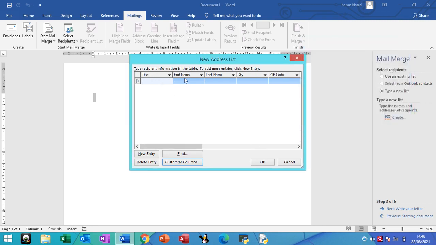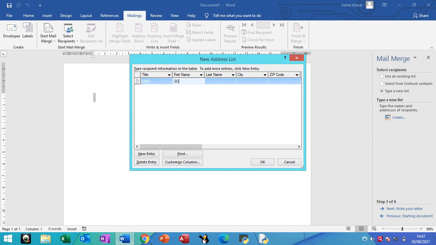So you can see title, first name, last name, city and zip are there. So start writing here first entry, like Miss. I'm writing few entries here, Miss, and you can use your tab key, and then you may write names of your friends or anyone to whom you want to send letters.